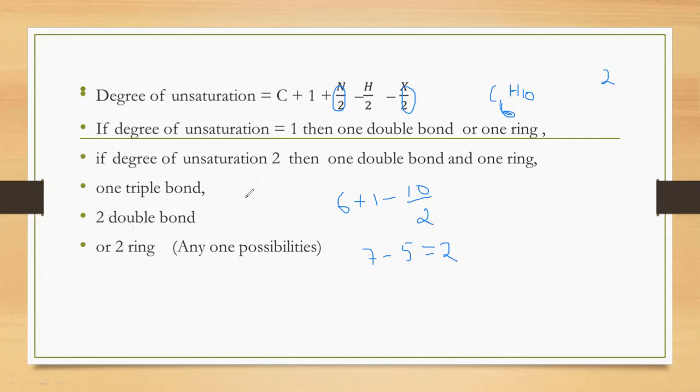I can use this formula even if nitrogen or halogens are present. And if oxygen, etc. is present, you have to consider it as zero only. Only nitrogen, hydrogen, carbon, and the halogens should be considered.